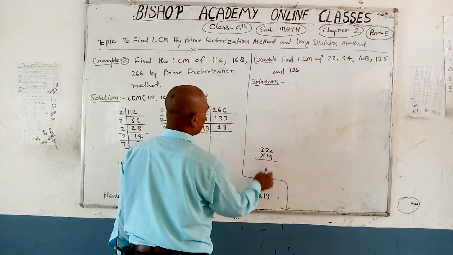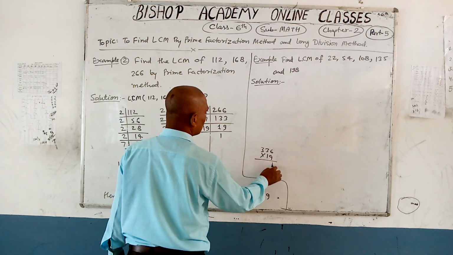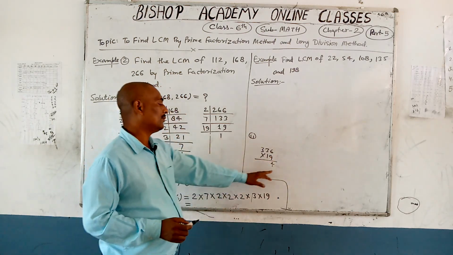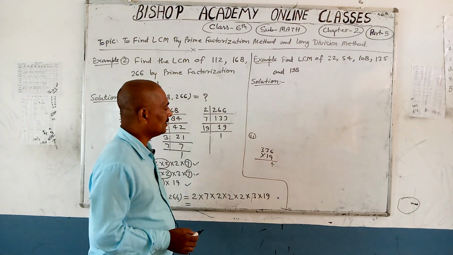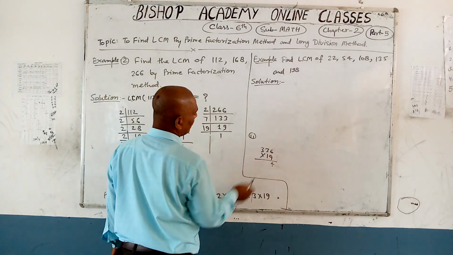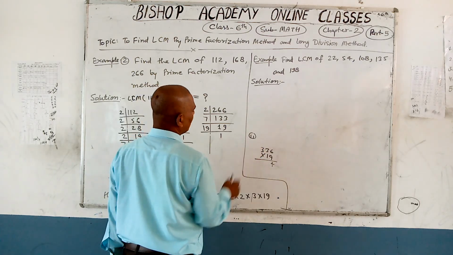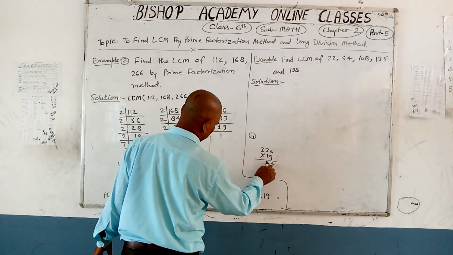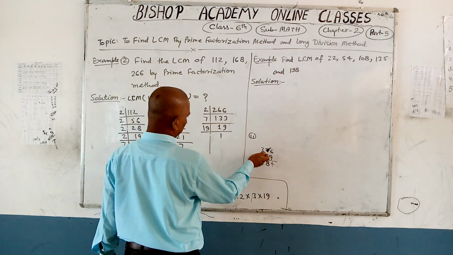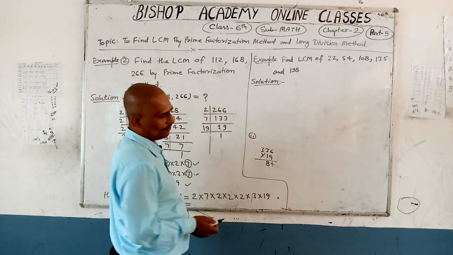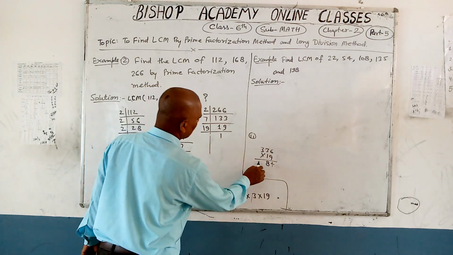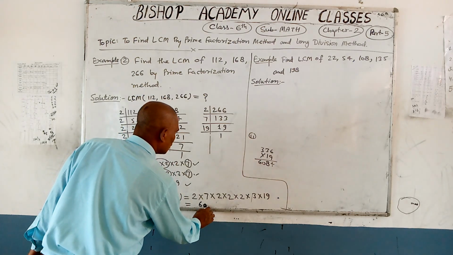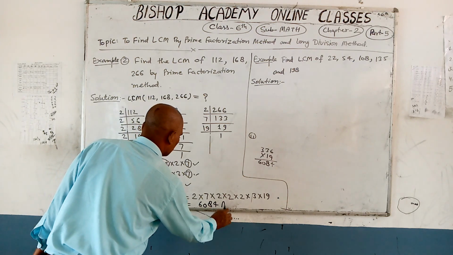19 6 ja 114, write 4 and carry 11. 19 6 ja 114, 114 को 4 लिखेंगे और 11 कैरी हो जाएगा। 19 3 ja 57, 57 में आप 11 प्लस कर लीजिए, 58 and then 68 को 8 लिखेंगे, 6 कैरी होगा। 19 3 ja 54, 54 में आप 6 ऐड करोगे तो मिलेगा 60। इस तरह से आपका एलसीएम यहाँ हो गया 6084।